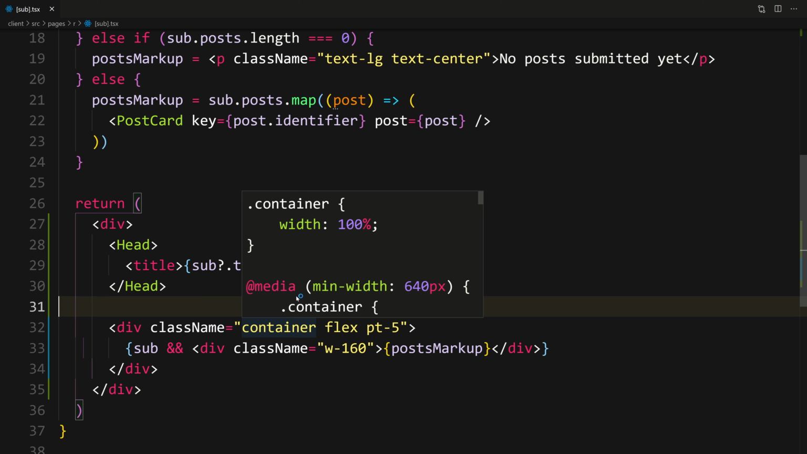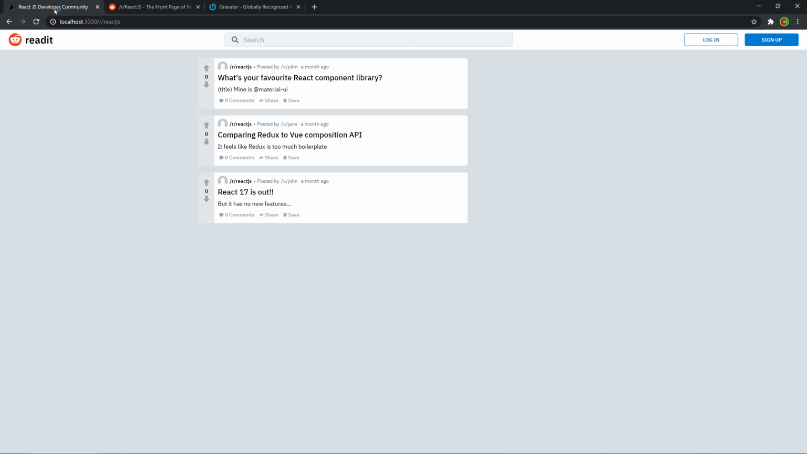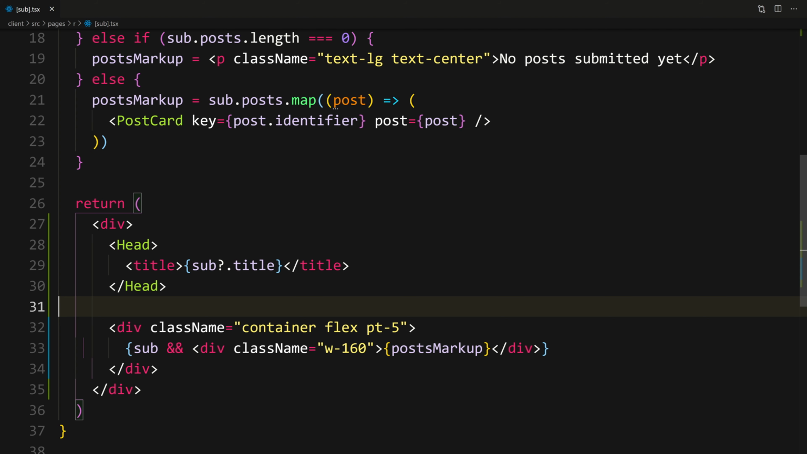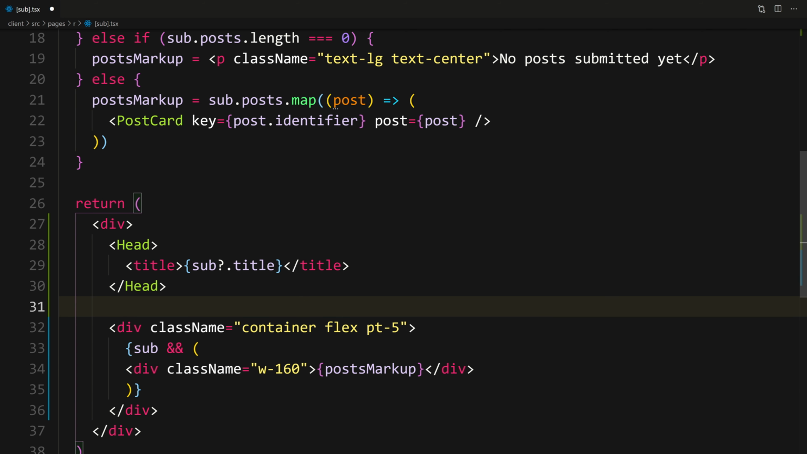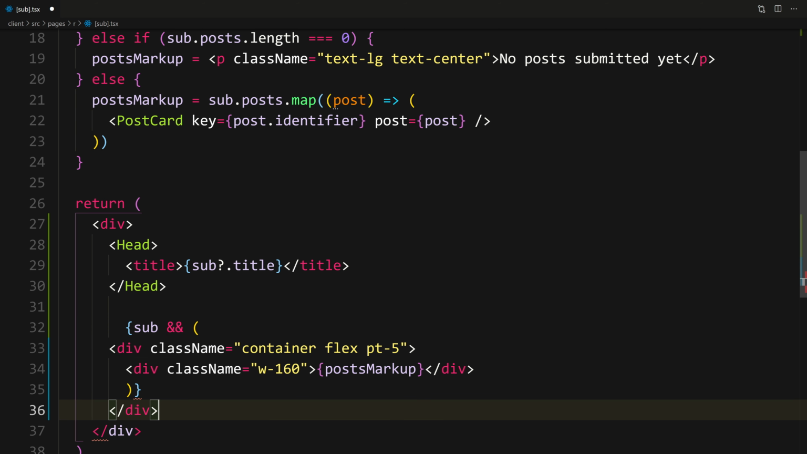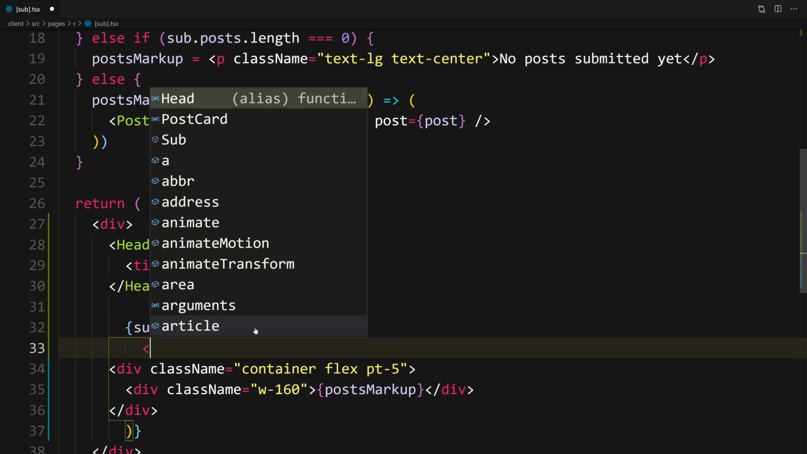All right, save. All right, cool. We get React.js developer community up there. And here where we're checking for the sub, let's do parentheses here and close the parentheses. I'm gonna bring everything inside of this sub check, and I'm gonna wrap everything in a fragment,